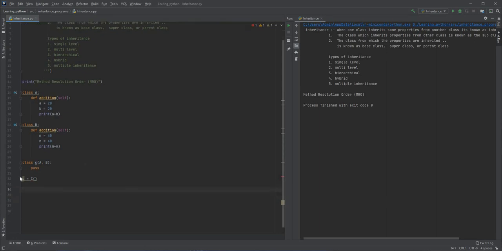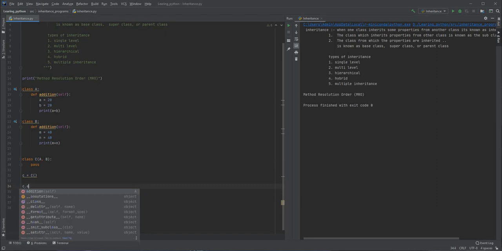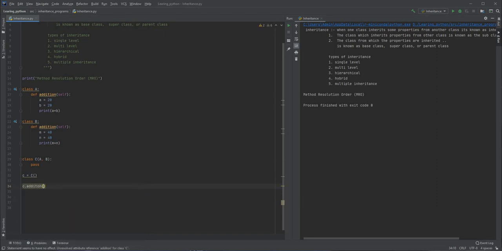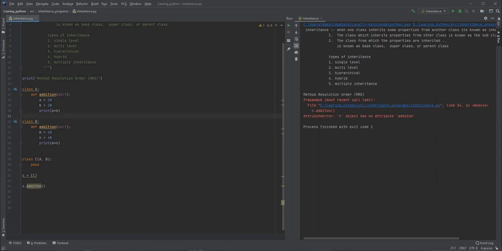So a small c is a reference variable for this particular constructor. Here let me change this to capital C. Now using C, I want to call the addition method. But there is an addition function in class B as well as in class A. Now if I run this program, one second, I made a spelling mistake, let me correct it.